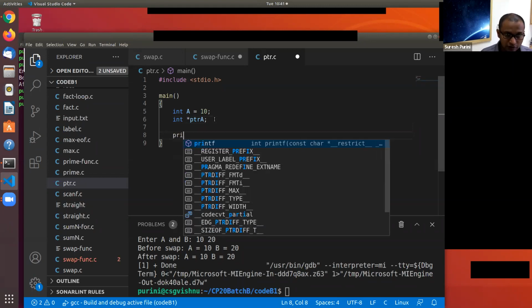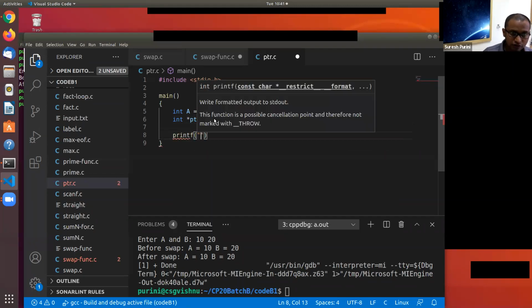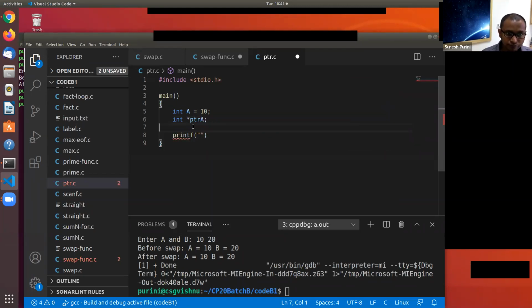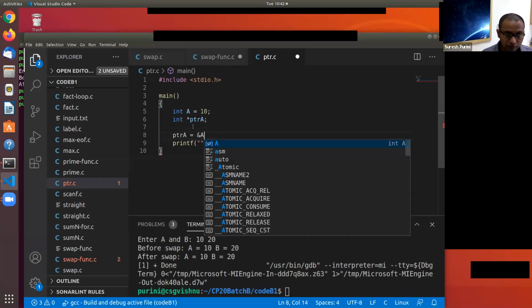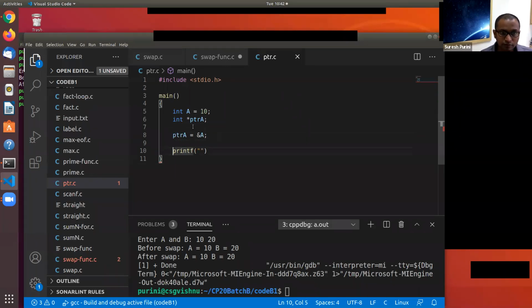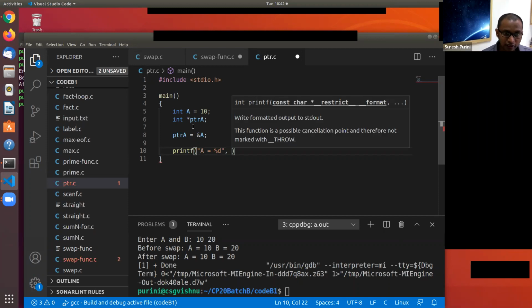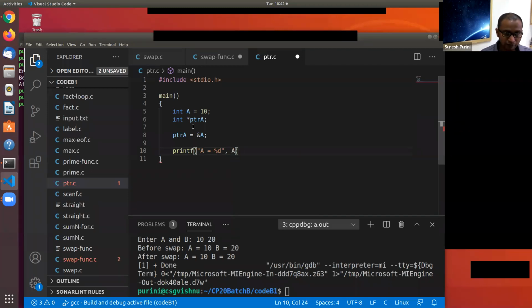So now this is what we are going to do. ptr A is equal to address of. Number 1, A is equal to %d, and we are printing A.